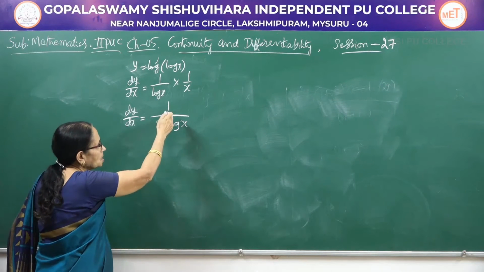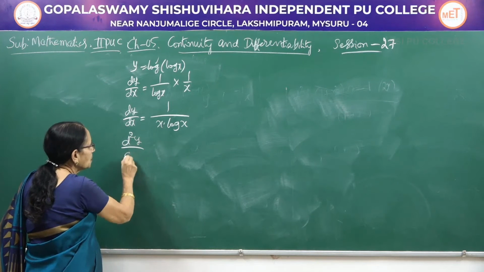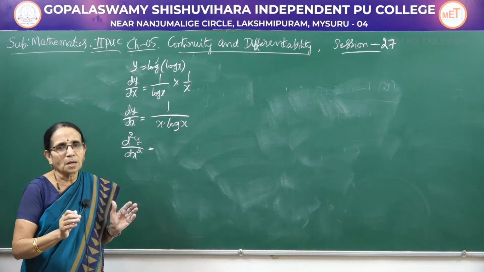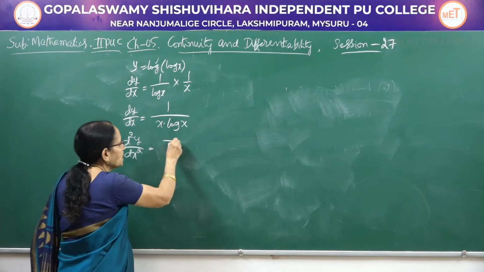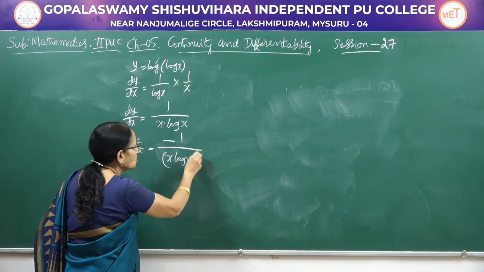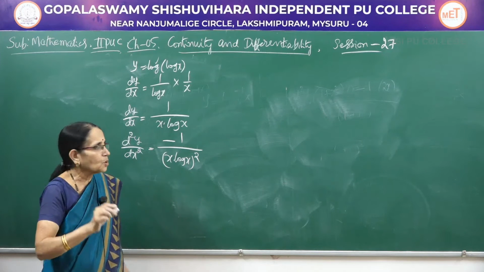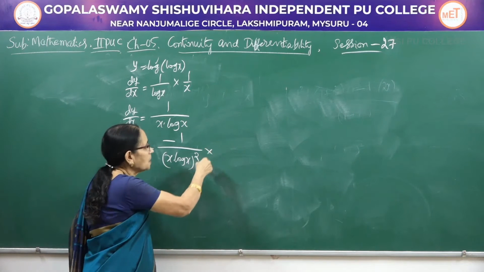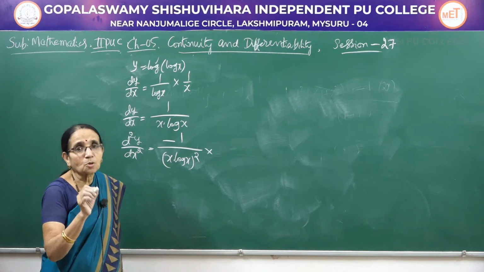Suppose I take it as a composite function, 1 by something, that is d square y by dx square. If you take the function as say 1 by x, if y is 1 by x, what's the derivative? Minus 1 by x square. First I am applying minus 1 by x into log x the whole square. So 1 by x will have the derivative minus 1 by x. That's what I have written, minus 1 over square of the denominator. So this part is over. But look at the denominator. It is again a product, x into log x.